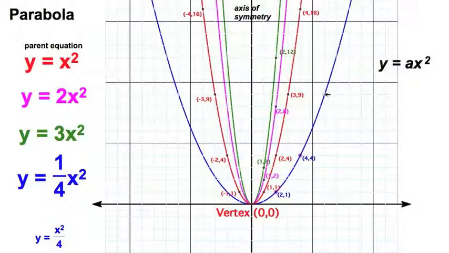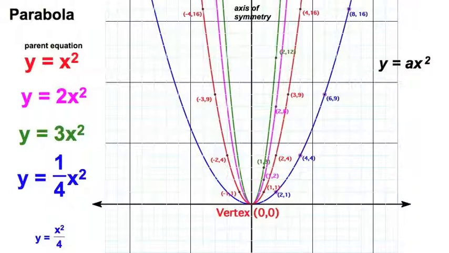How about when x is 6? 6 squared is 36. 1/4 of that is 9. How about when x is equal to 8? Well, 8 squared, 64. 1/4 of that, 16. So you can see where we're going. We have different shapes of the parabola based on the coefficient, and we're going to call that the a